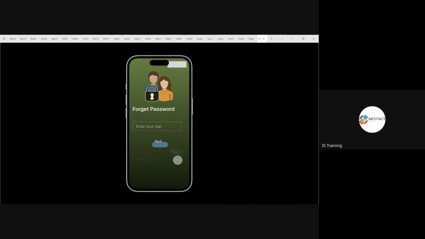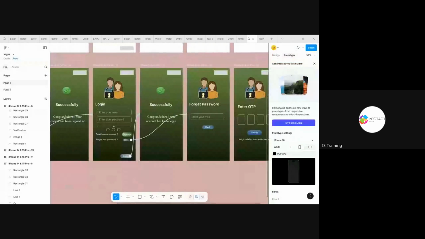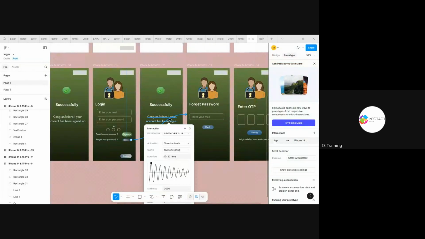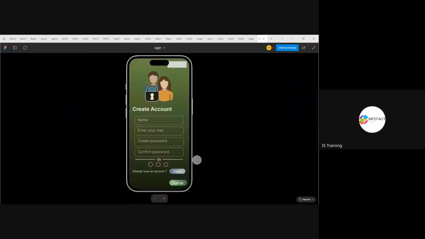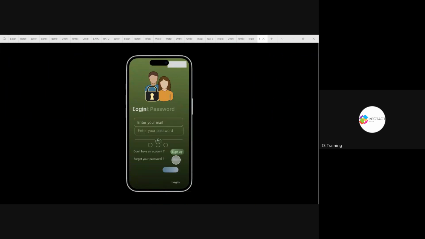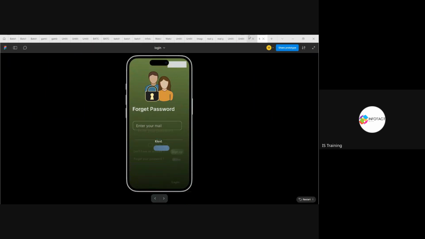See, it's going to change like this. It depends on me how I want it to be changed. I will do it like the simple one.